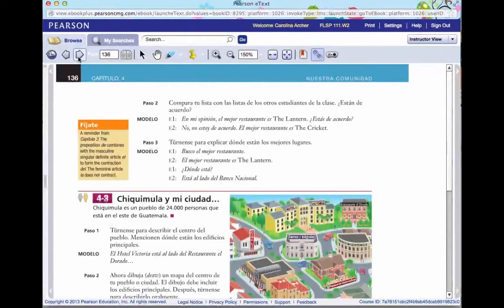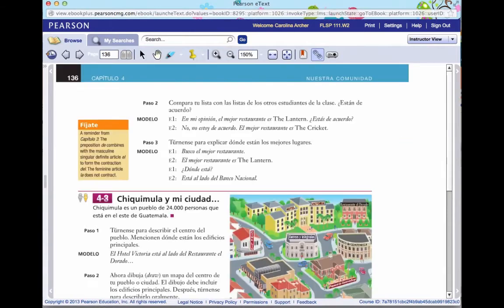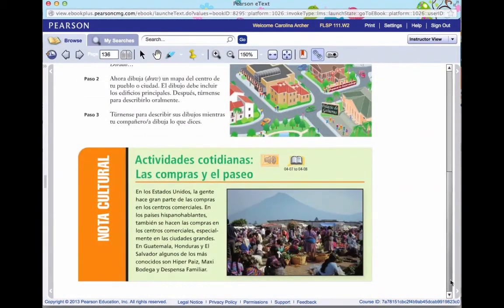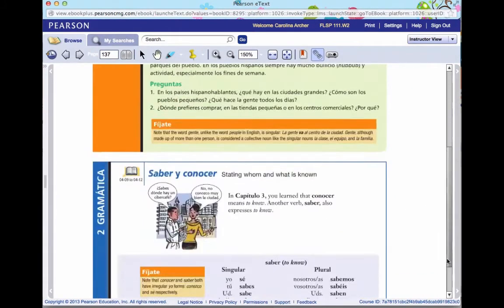Muy bien. So you're going to do your activities, and the cultural notes now are written in Spanish, as you have noticed. So that gives you good practice to read and try to understand what the context is saying. And it's okay if you don't understand every single word, but these are very simple writings with words that you probably know and a lot of cognates, so you can understand the context, and that's good if you do that.